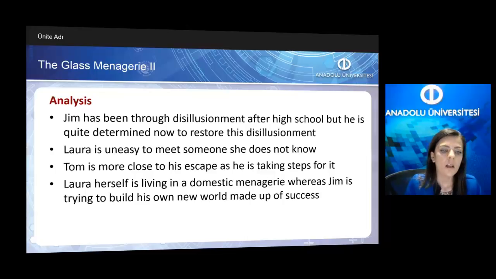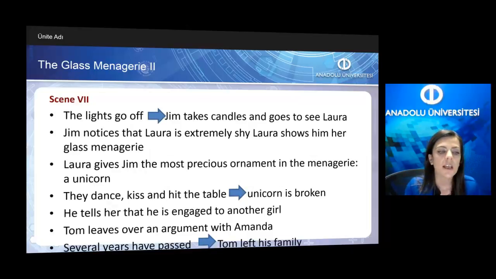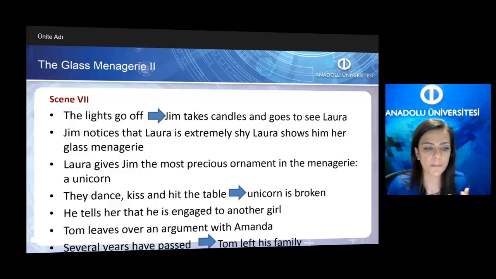for Laura. Laura herself is living in a domestic menagerie, whereas Jim is trying to build his own new world made of success. So we see the contradiction between those two characters in the scene. In the next scene, the lights suddenly go off and Jim takes a candle and goes to see Laura. Jim notices that Laura is extremely shy, and Laura is in the scene showing her glass menagerie to Jim. Laura gives Jim the most precious ornament in the menagerie, which is the unicorn. Then they dance and they kiss each other, and